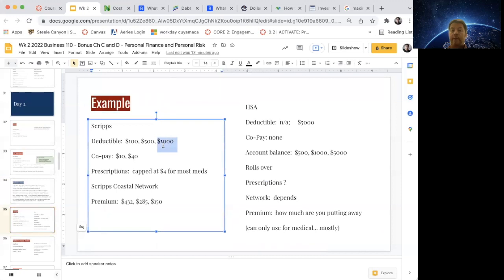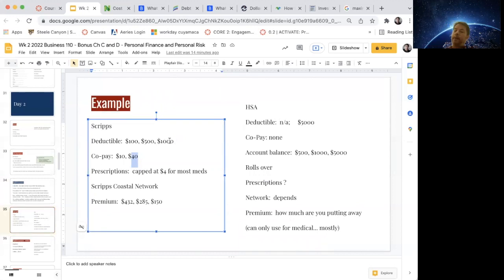When you have a large deductible, that means you're going to pay a lot before the insurance pays. Okay. So if the deductible is $100, that pretty much means you pay up to $100. Then after that, the insurance pays everything else. Now, a copay means every time I go to the doctor, I'm going to pay $10 or I'm going to pay $40. Now, the higher these amounts, the lower you have to pay every month. But when you got to go to the doctor, you got to take care of stuff yourself. That makes sense. So you're paying less every month, but when you go to the doctor, you're going to have to pay more when you go.